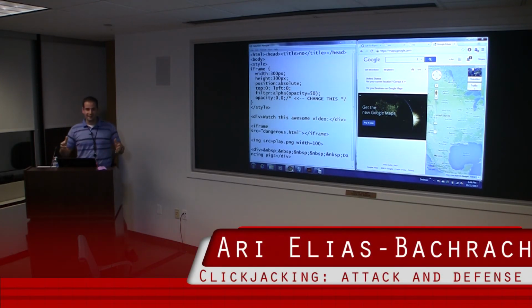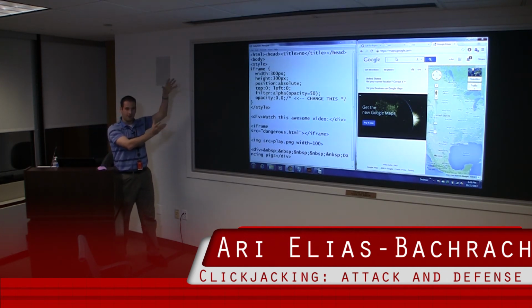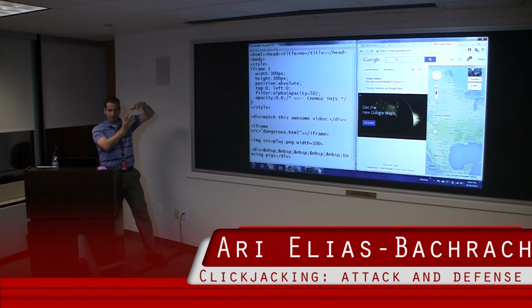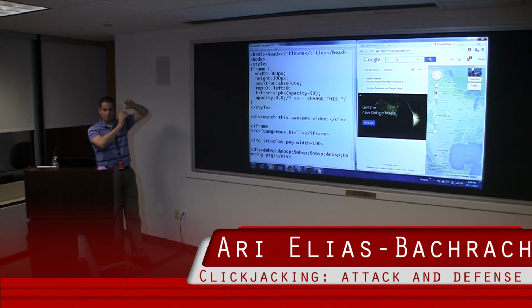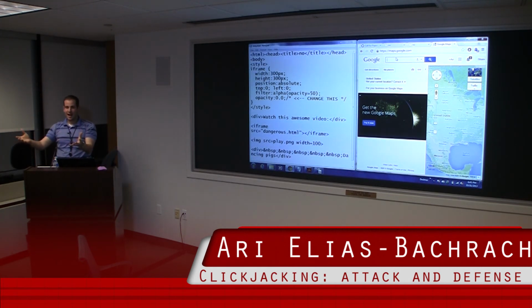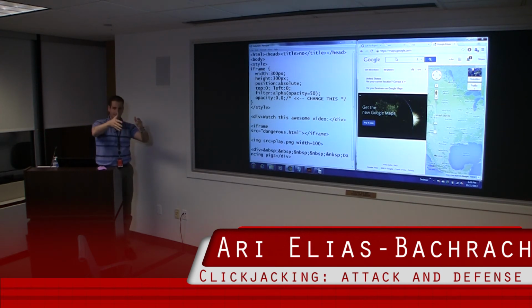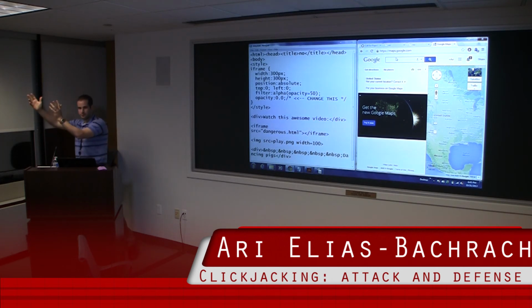So the web in the mid-90s had frames. You'd have your menu on the left side of the page taking maybe 20%, and your main page would be the other 80%. They were two separate HTML pages, and your root page would frame them: menu bar on the left, the rest of the page on the right. When you clicked a link on the left, it would open in the main frame, over here.